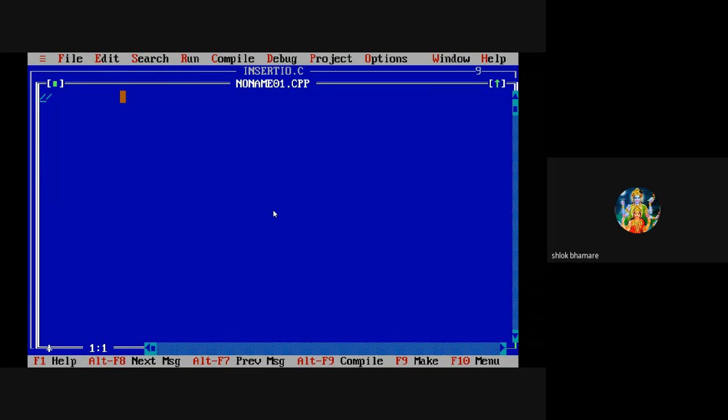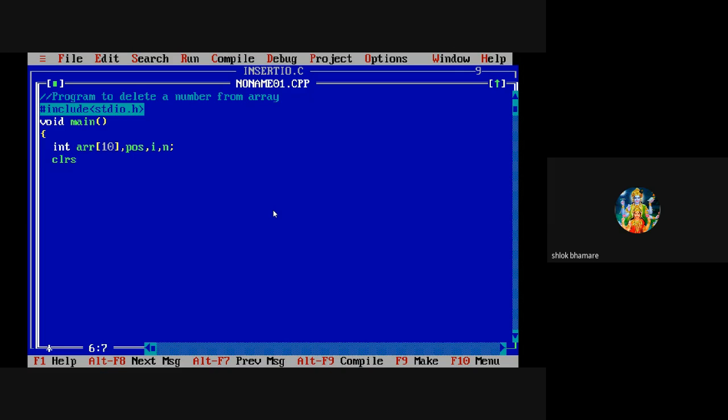So the good practice is always to write the program statement in comment section. Here we will declare array of size 10. Then we will declare one variable as POS. Then for loop we will take I. And for storing the size of array, we will take one variable as n.